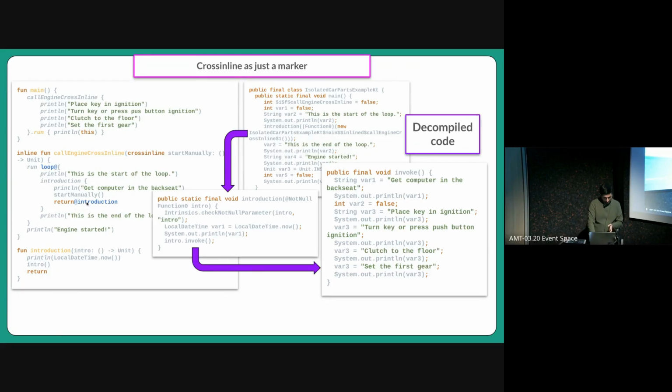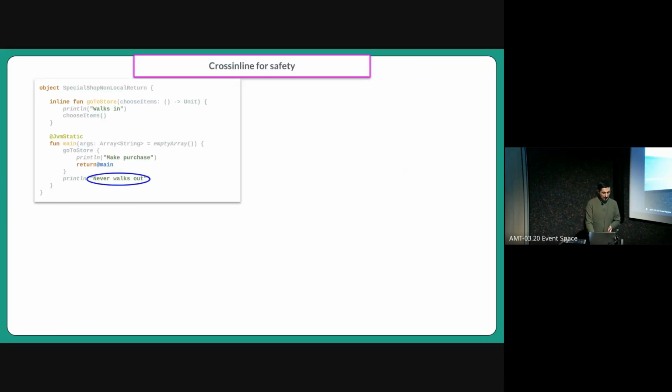We can see here that I'm returning to introduction. This is a local return. A non-local return would be return loop, for example, in this case, or return call engine crossinline. This would be a non-local return. What crossinline is doing is saying to the compiler, those returns are not possible. But yeah, here we might say that it's not useful. But if we follow this other example that I've created,